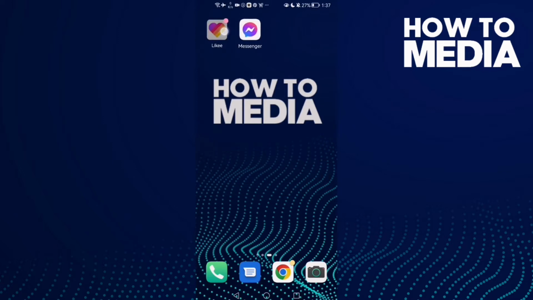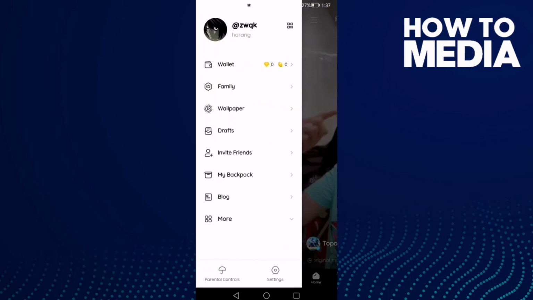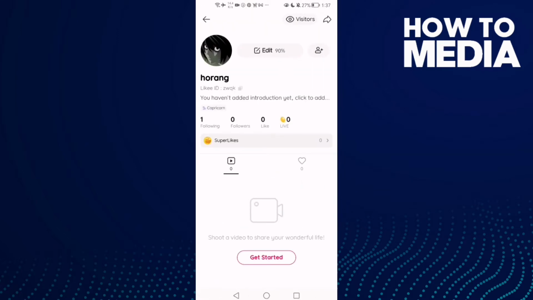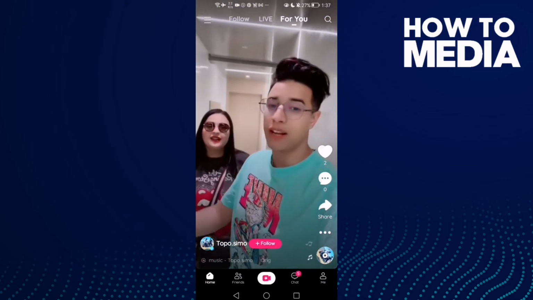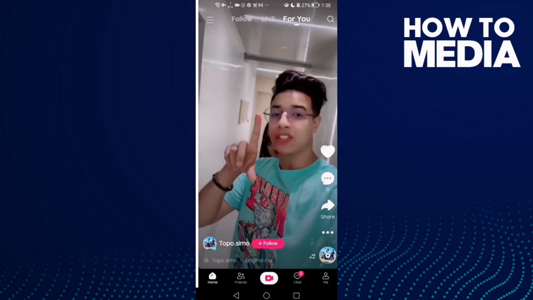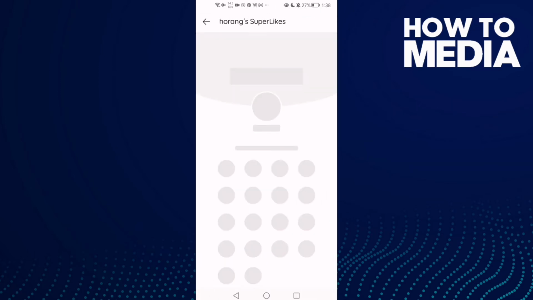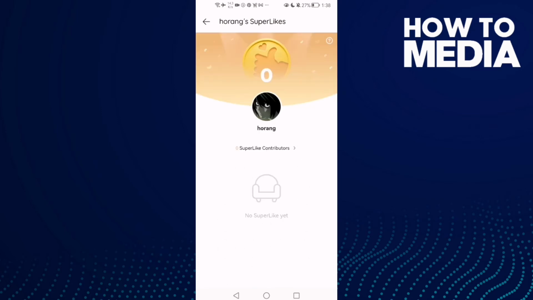First thing, go to Likee app and then click the three lines and stop, and here you will find your profile. Click on it, and as you see here you will find this one here. You will find, click on your profile, and here you will find super likes. Just click on it, and as you see here you will find your super likes. I don't have any super likes,